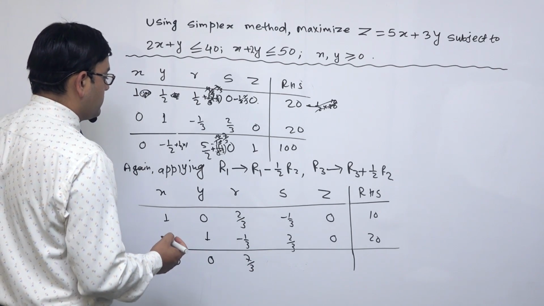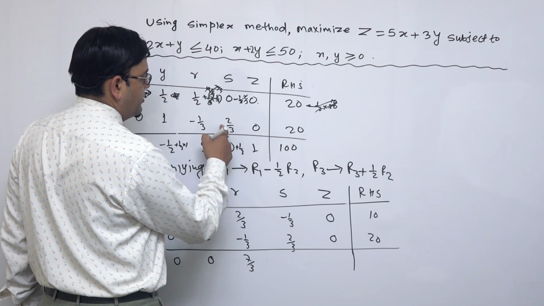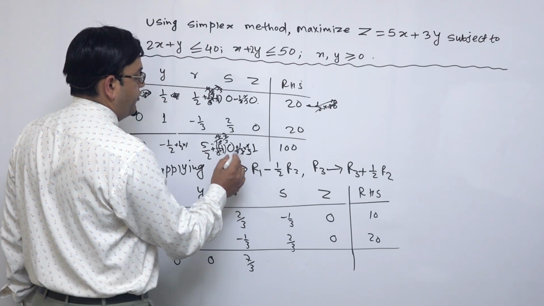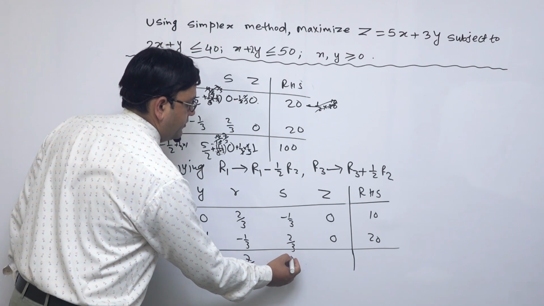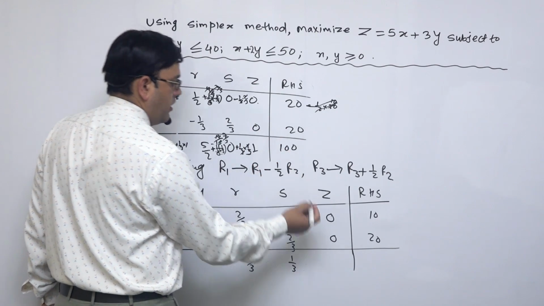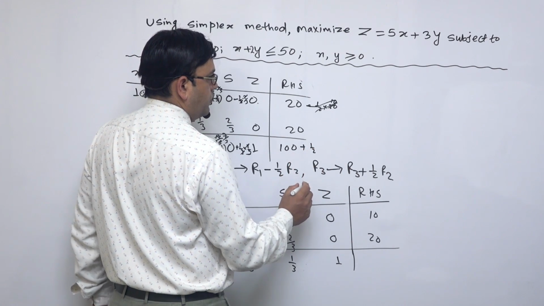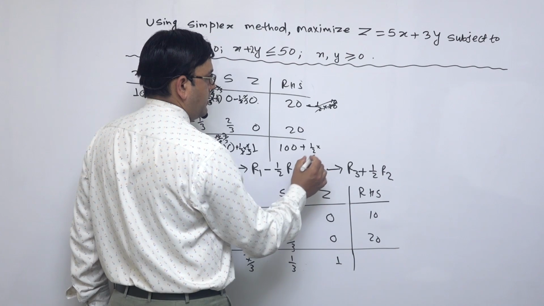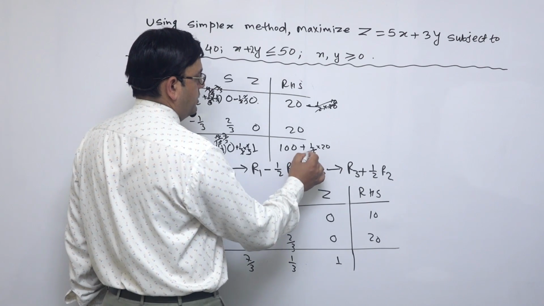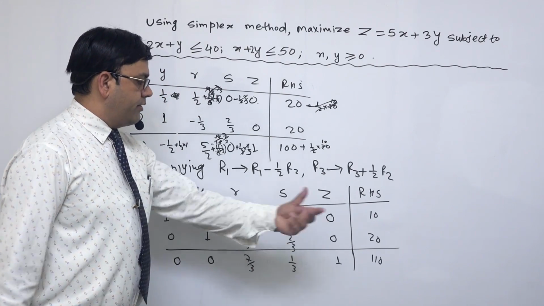अब यस्तै 0. हेर्नुस् है R3 changes into 0 plus 1 by 2 R2 means 2 by 3. So 2 to cancel. So 0 plus 1 by 3 is 1 by 3. Similarly, this change into this plus this 0 हुने भयो। यसको त 1 नै आउने भयो। यस्तै गरी 100 plus 1 by 2 R2, R2 means we have 20, 1 by 2 R2 means 10. So this and this cancel, 10. अब हेर्नुस् त हाम्रो यो लास्ट रो चाहिँ सबै पोजिटिभ आयो।